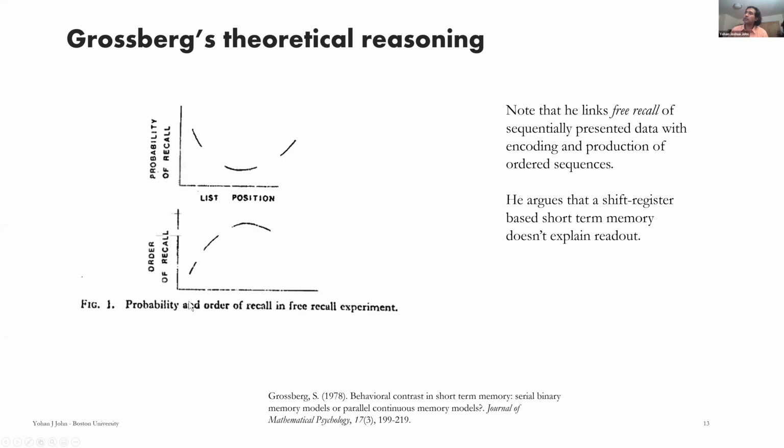And as for the order of recall, more or less you remember in order, but then there's a slight bias towards the later items once you get to the later stages. Depending on the number of items and how fast you have to recall them, you might not see that much of the primacy effect, so you can modulate this a little bit. But Steve was looking at this and saying, well, what does this tell us about the nature of the memory process? So he goes into a fairly detailed argument about why the shift register, computer-based analogy, is somewhat ad hoc